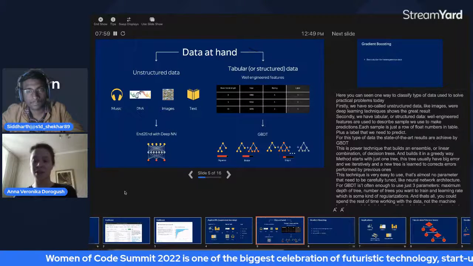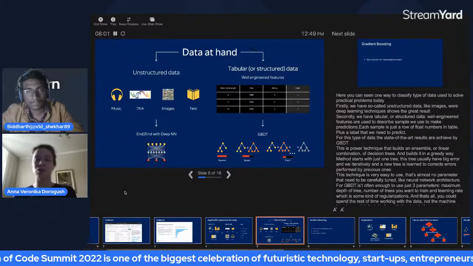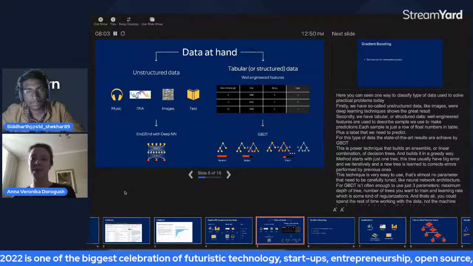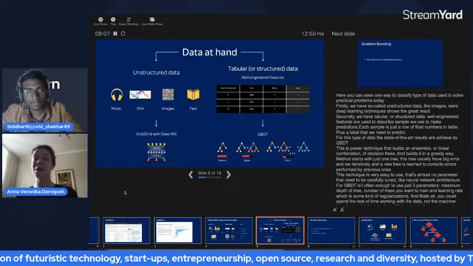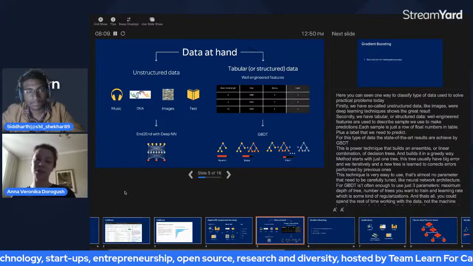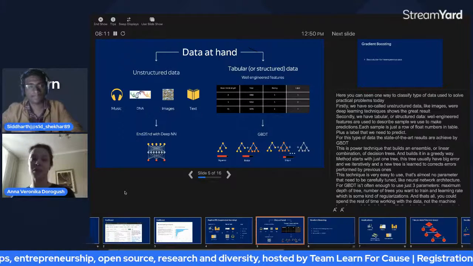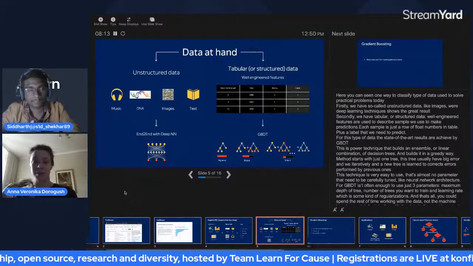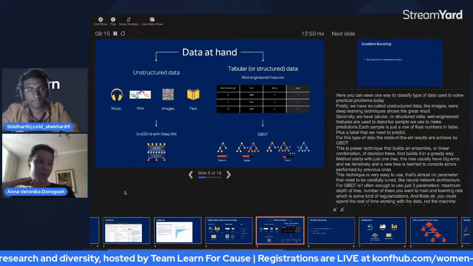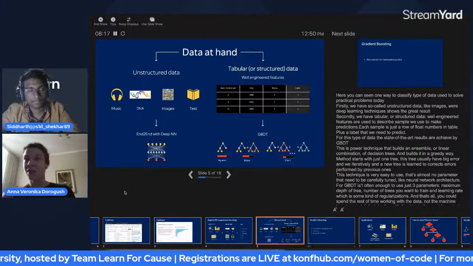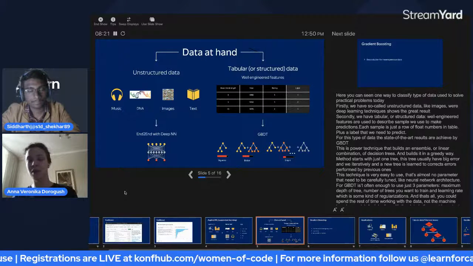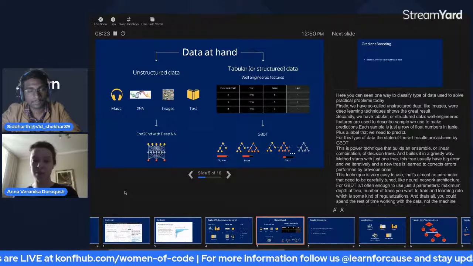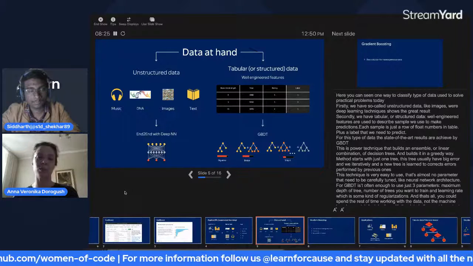There would be some features that are describing the person, some features that are describing the song, and it will be like a table of numbers. It might be a table of numbers, but also it's allowed to have non-numerical values. For example, if you are doing credit scoring and you have features of a person, one of them could be occupation, which is not a number, it's a category, but it's also allowed.